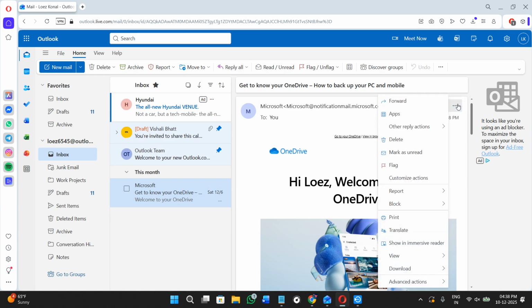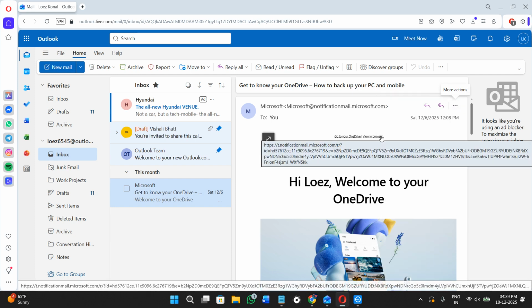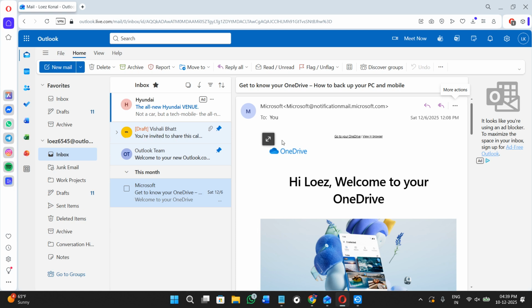In order to also get access to this particular option, when you have opened the email, you can click on the three dots on the top right hand corner of the email. Here too you will see the option of block. So from here too you can block this email. You can also hover over to the report option and you can report the junk, the phishing, or you can also report a concern. So you can use any of these methods in order to basically block the spam emails